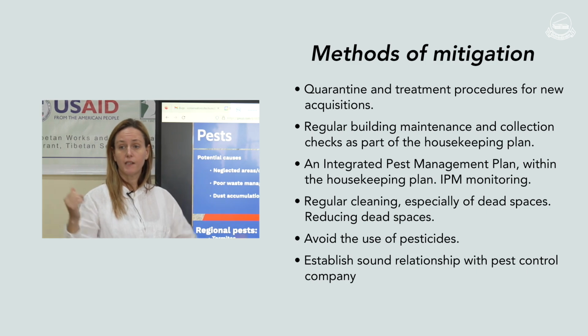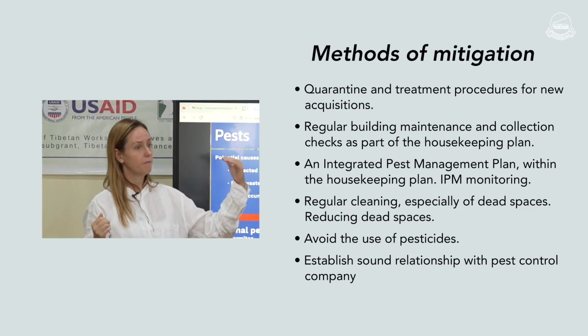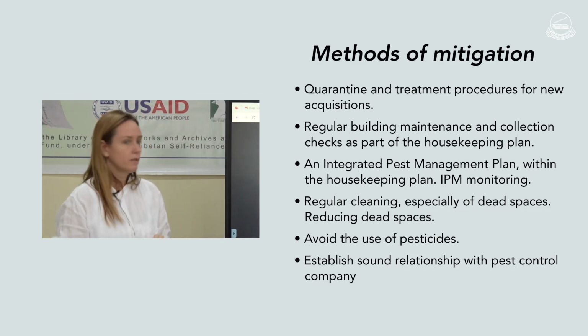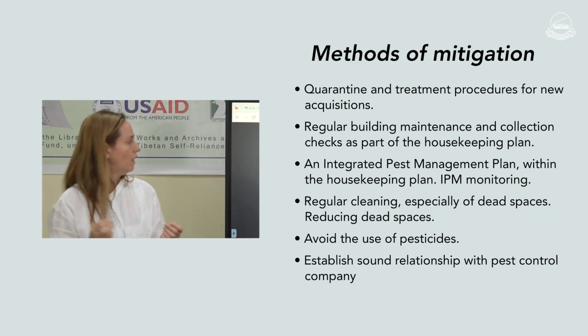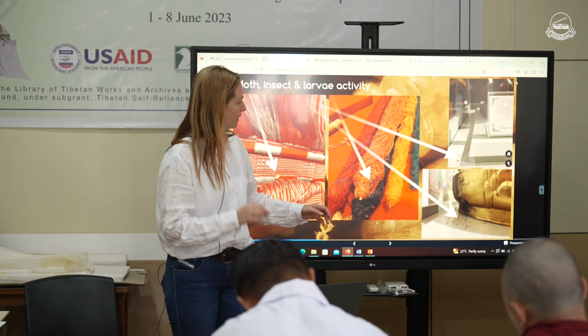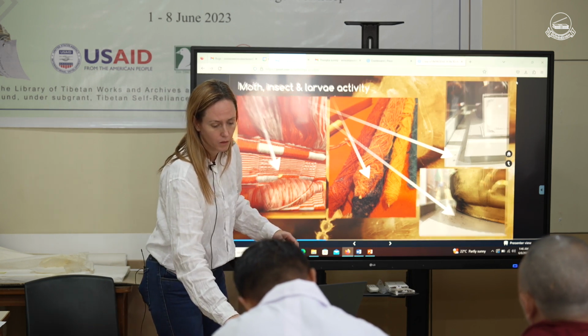So just regular building maintenance: is your roof intact and stuff like that? That's a good check, because sometimes even bees are considered a pest. They can make their hives inside of buildings, and then what do you do? But yeah, as we say, we want to avoid that as much as possible.